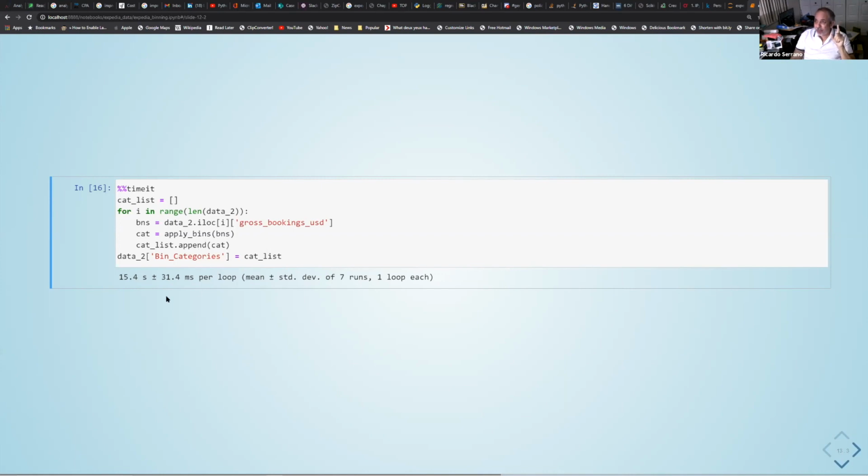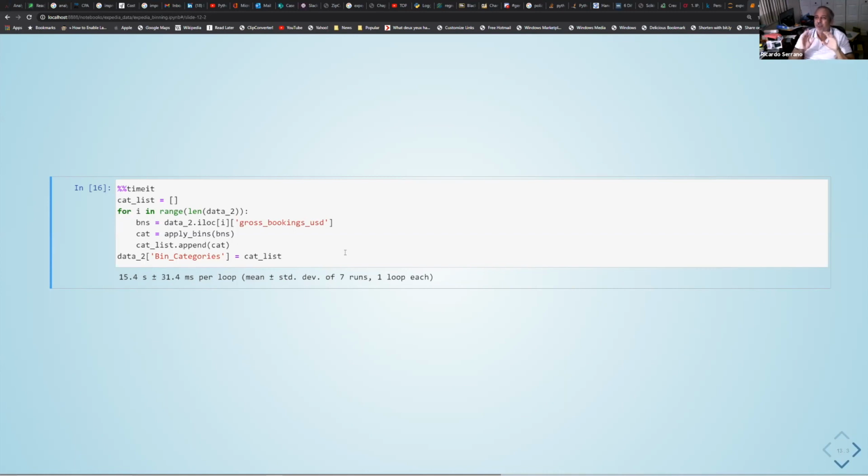The problem with this is that the execution time of this function is around 15 seconds. Okay, so for 4 million rows, you will say, well, 15 seconds is not that bad. But imagine if we had 100 million rows, okay, that we have to deal with, big data, in other words. So this number could escalate to probably minutes and even hours. So this is our first, kind of brute force.